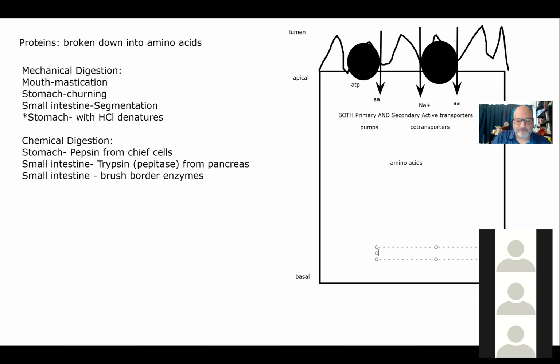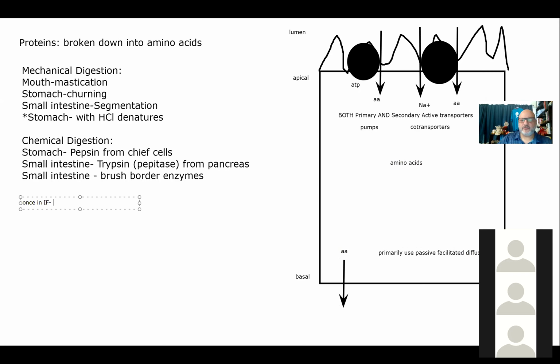So primarily, we are going to use passive facilitated diffusion to get those amino acids out the basal surface, some type of carrier or something along those lines. All right. Once in the interstitial fluid,